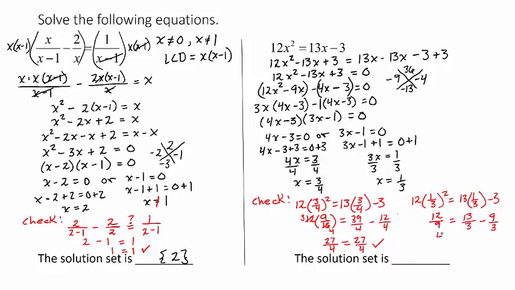It goes into 12 4 times and into 9 3 times. And then over here on the right, 13 minus 9 is 4, right? So I'm going to have 4/3. Is 4/3 equal to 4/3? It sure is. Okay, so the solution set is